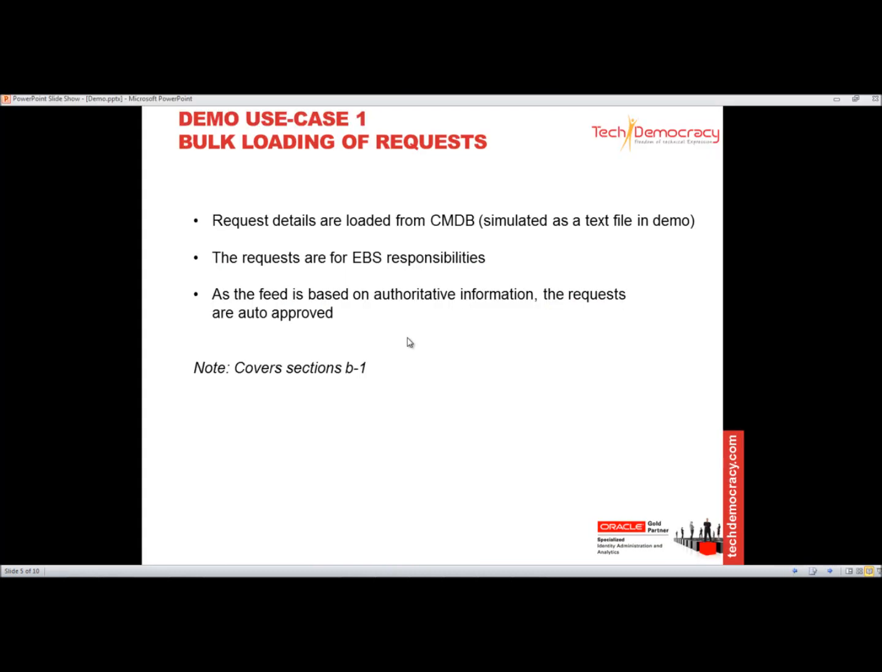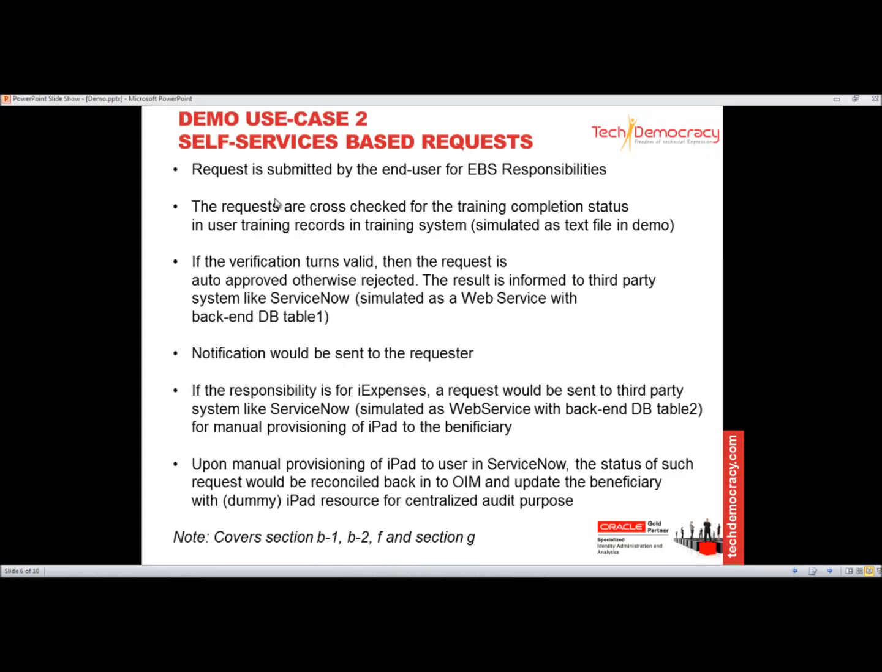We will proceed with the second use case, that is self-service based request. Until now we saw